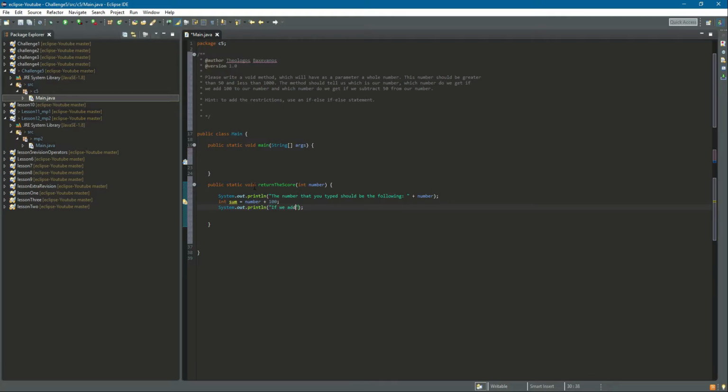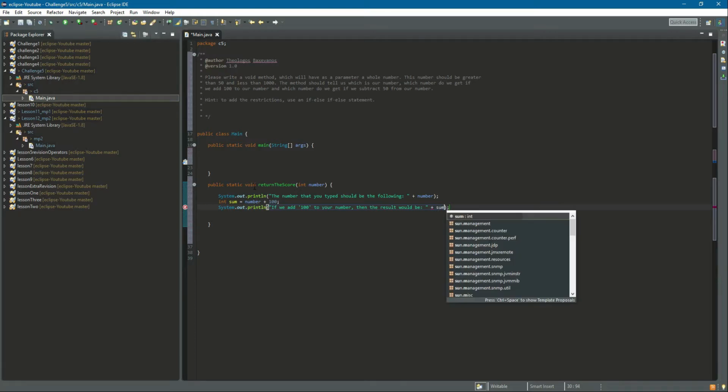If we add 100 to your number, then the result will be, and here we can type the variable that we have,